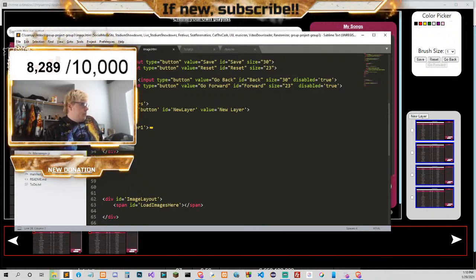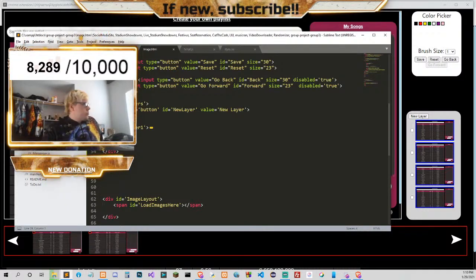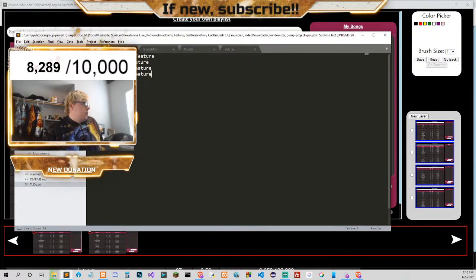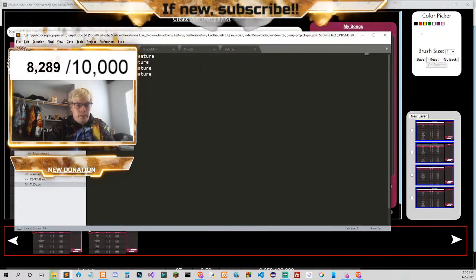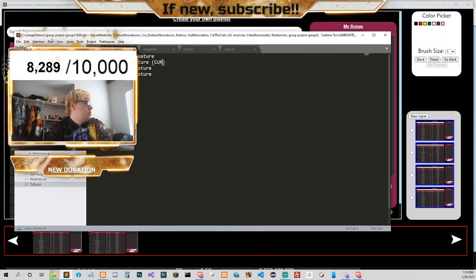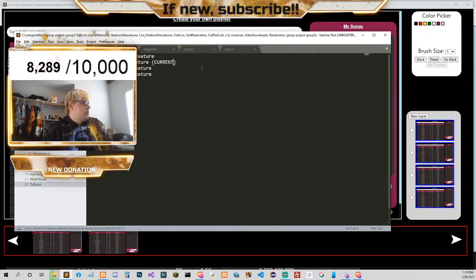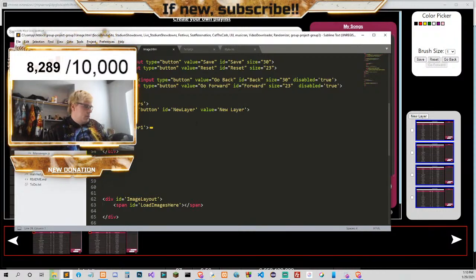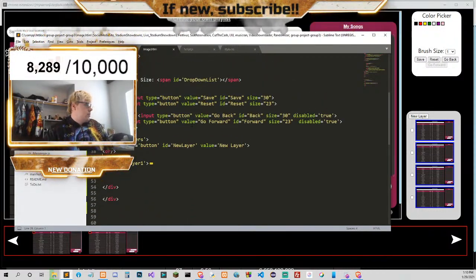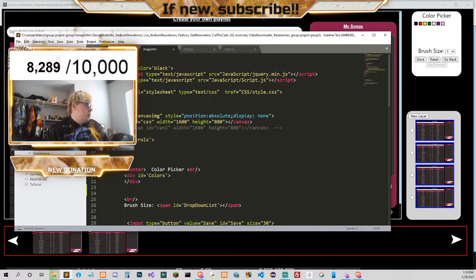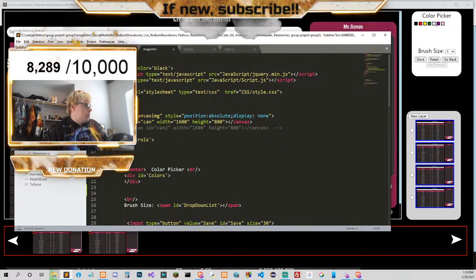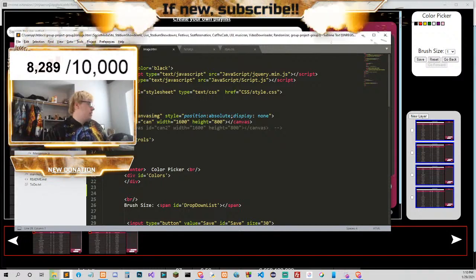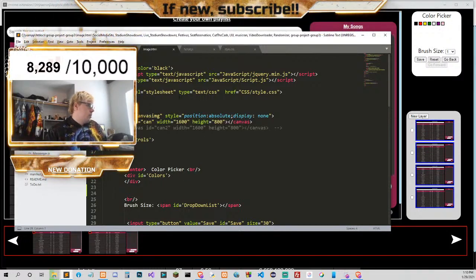So our to-do list is this. I guess we're doing this now. I was gonna do the opacity, but the layers felt more interesting, so I'm doing that now. So what we need to do now is create a new canvas in which we can do this. Ha ha ha. I'm a comedian. Don't mind me.